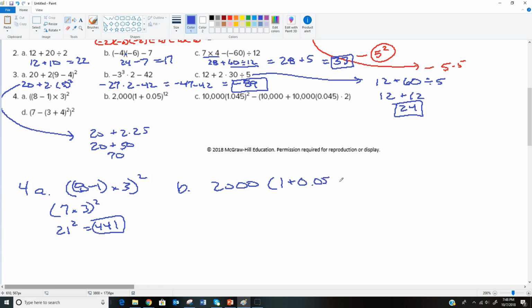0.05, and then that to the 12th power. So we're going to do what's in the parentheses first. And that gets us 1.05 to the 12th. And according to order of operations, I'm going to do the exponent before I do the multiplication. So 1.05 to the 12th power is